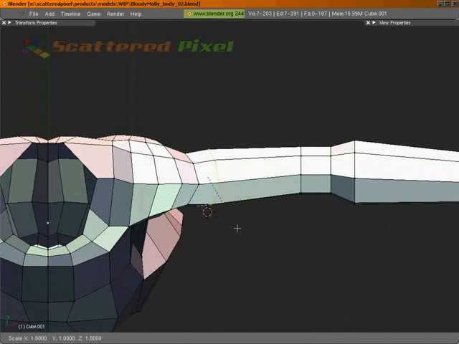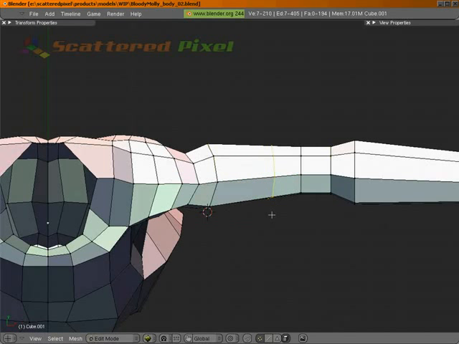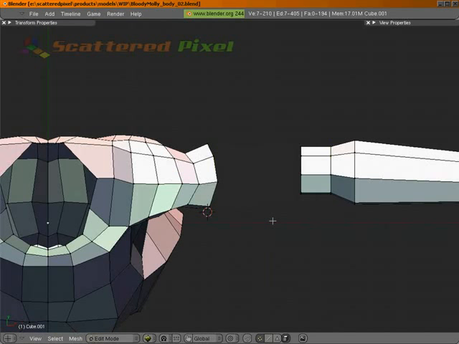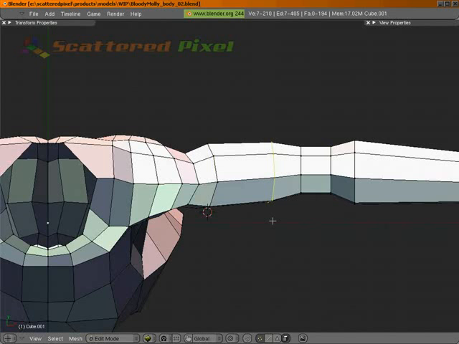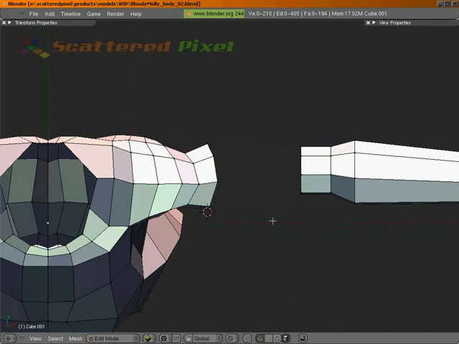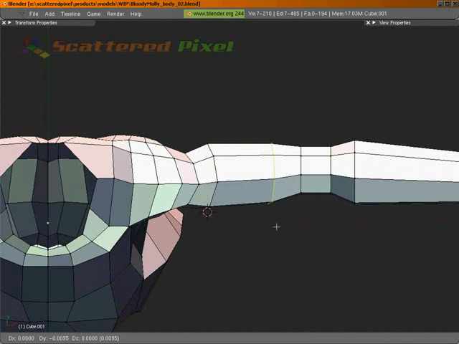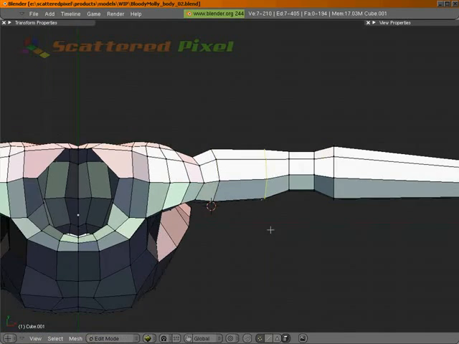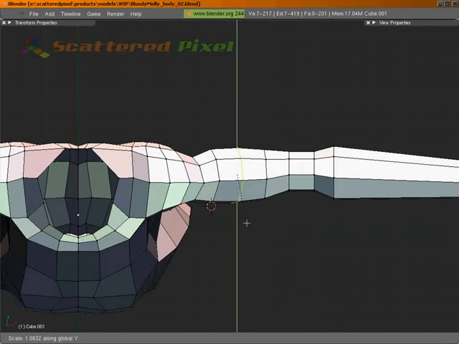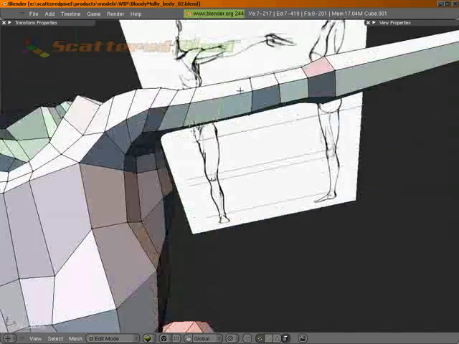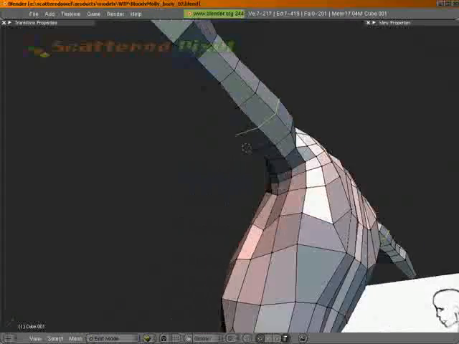Let's scale it up on Y a little bit more as well. Take it back a little bit. Okay, add a division right here. Scale it up on Y just a little bit. This one we're going to pull, whoops, Alt-H. I accidentally hit H instead of G. And H hides your selection, and Alt-H will unhide it. So let's pull that forward a little bit. There we go. And we'll put one more division in. And we'll scale that up on Y as well. Just a little bit more interpolation. That's a pretty muscly arm in that view. So